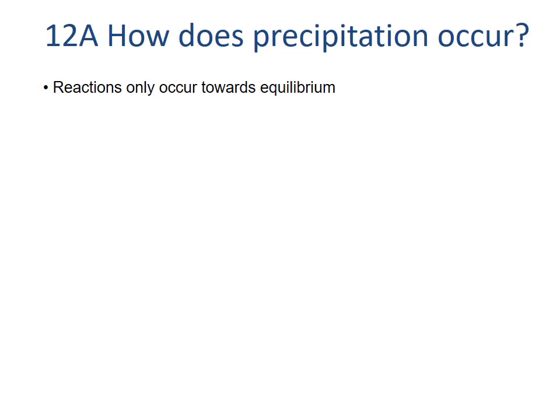So how does precipitation actually occur? Reactions only are going to occur towards equilibrium, which means for us to have precipitation, we have to have more concentration of the ions in solution than are actually soluble. So we have to be above the solubility product, or the solution must be supersaturated is another way of saying